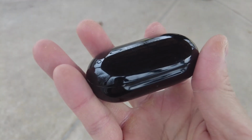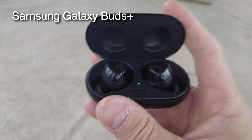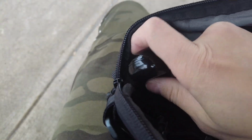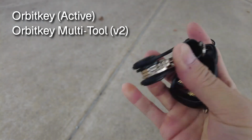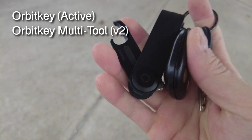As for my headphones, I'm just using the Samsung Galaxy Buds Plus. These are just wireless headphones, Samsung, real nice, good for the gym. And this is a perfect size to go in that corner pocket. These are just my car keys. I have the rest of the keys on this Orbitkey key organizer, which is quite nice. And I also have a little multi-tool in there, good for opening boxes and stuff like that, just basic tasks. And that goes in the other corner pocket,